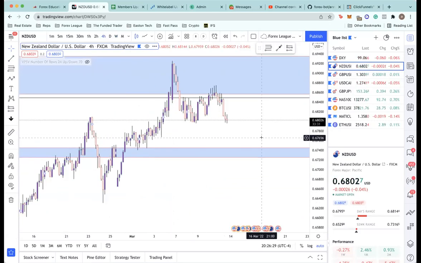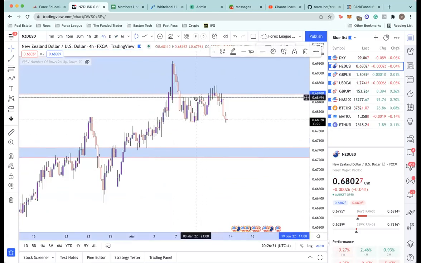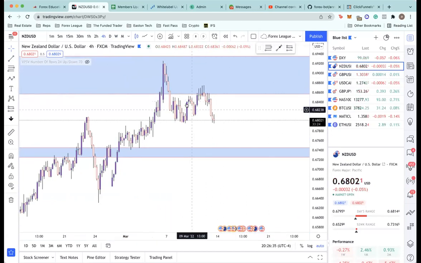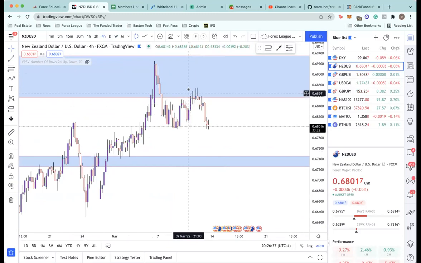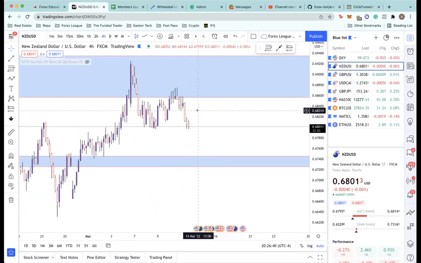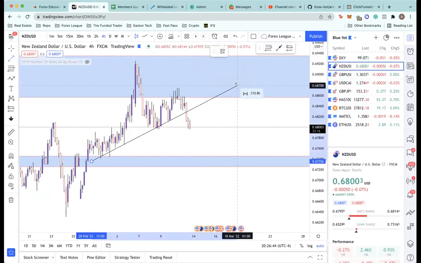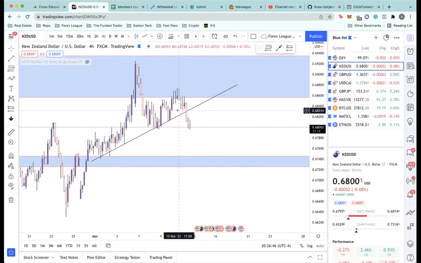So I'm playing as though this area has been rejected, and now we're starting to look for short opportunities because my higher time frame bias is that we have rejected resistance and now we want to go short, right? So that being said, we have momentum here, which obviously just broke to the downside. So we had price come down, form this lower high, come down, come up, we rejected the resistance again, all these wicks, and then we just broke